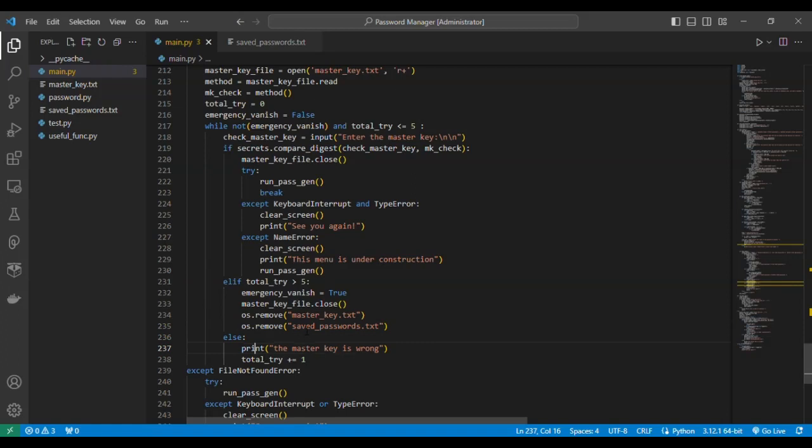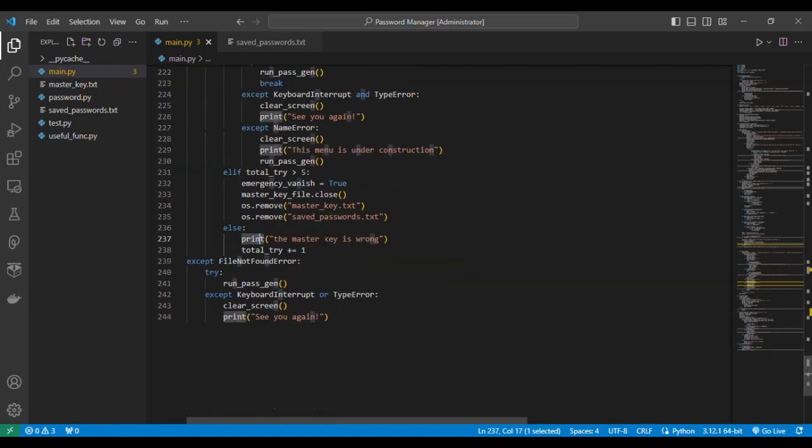Then after that, this is just printing. If the master key is entered wrong, we will print that the master key is wrong, and we will add one to the total tries. And if there is a file not found error, then it must be that the program is running for the first time. Then we will just run the password generator as normal. And if there is a keyboard interrupt or type error, we will just clear the screen and print see you again. So this was the whole code